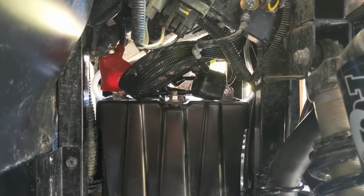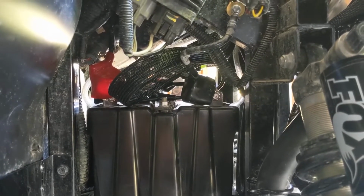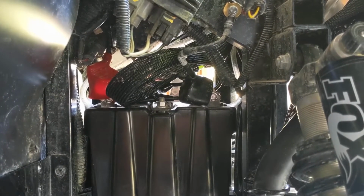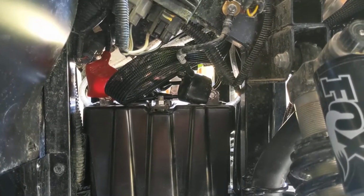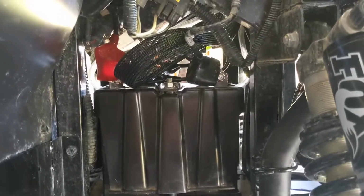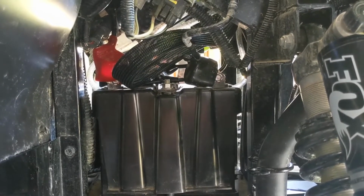The biggest pain that I've found is the battery. I might actually do a battery relocation on this. I'm still trying to figure out where to put it. I know that some people have done it. I haven't really looked into it, but I've seen some links. I haven't really seen a video. But this battery is just an absolute nightmare to get to, so at some point I might end up doing a battery relocation. I'm not sure where exactly I would put it. I know some people have taken this seat out and cut an opening underneath the seat, and people have made spare storage underneath there. I don't know if I'd go through all that, but